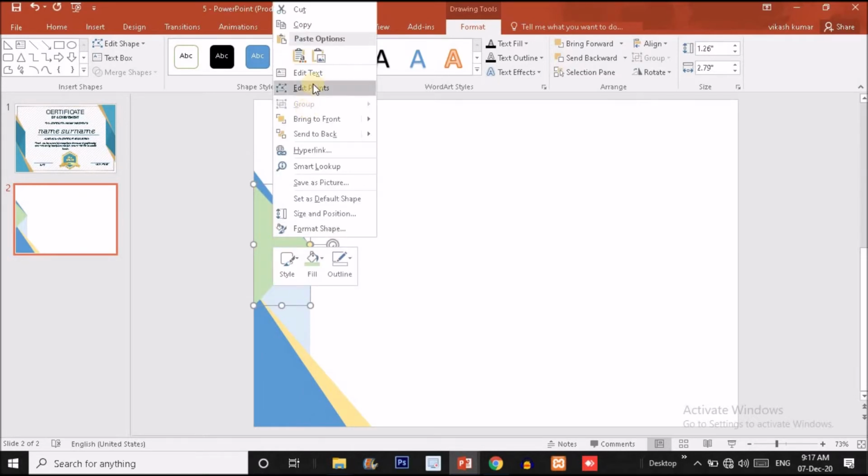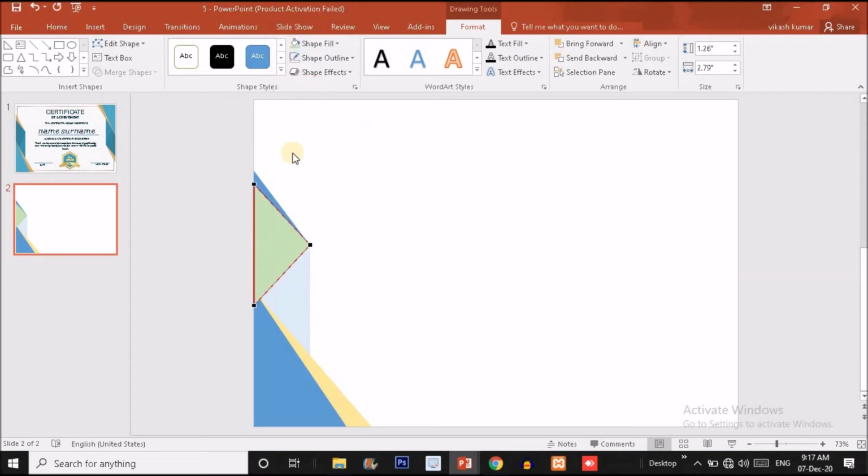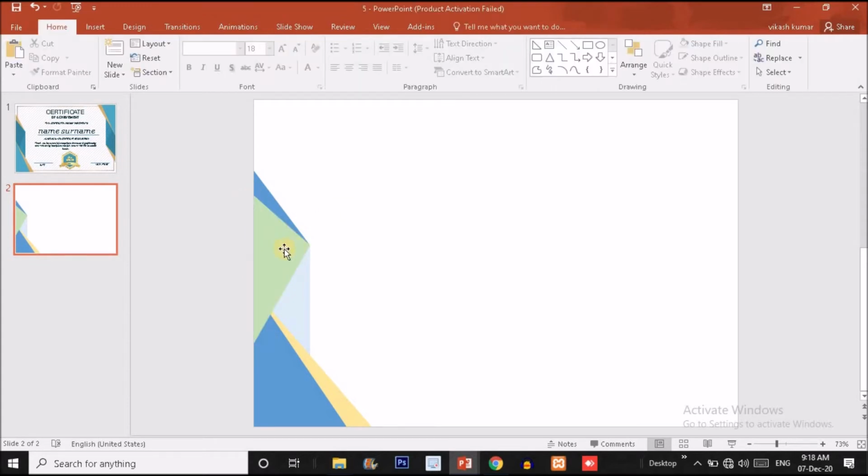Now just right click over here, and again I'm going to choose edit point option. Again we'll find three dots over here, so I'm going to put this dot something here. Okay, now this dot, now it's fine guys.